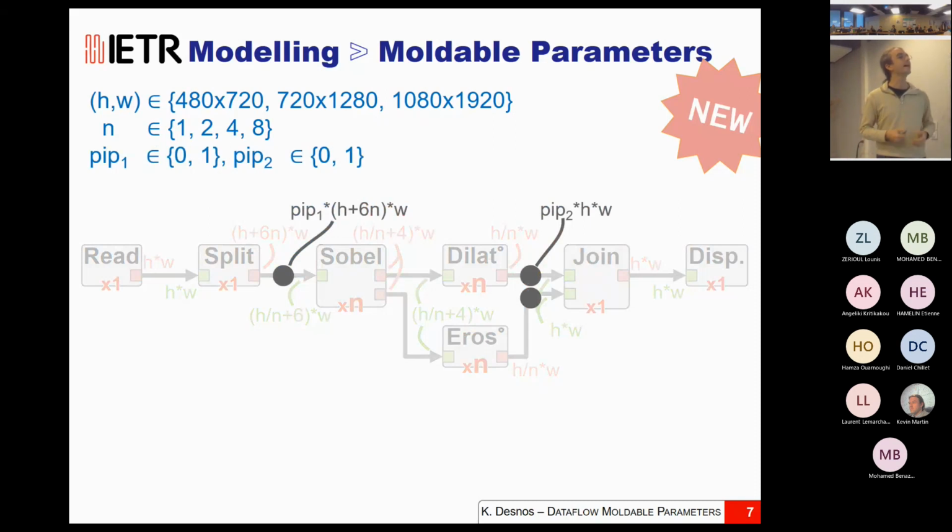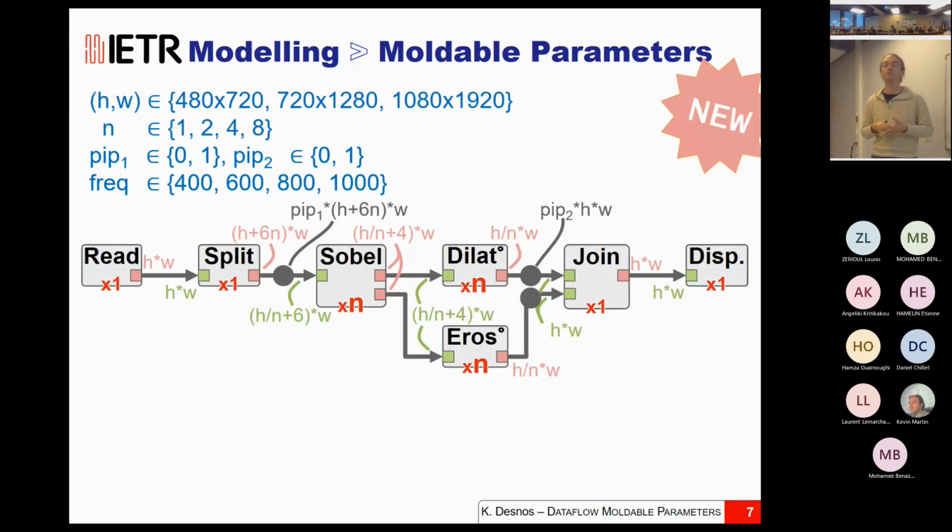I can add some more parameters. For example, I can add a way to activate or deactivate 2 different stages of pipelining in my application. So here I have a first pipeline stage, which I can activate or deactivate with a Boolean value pipe 1. And I have a second stage of pipelining that can also activate or deactivate with a second Boolean value. I can also have another parameter that can control the frequency of the cores. Here, assuming I have a single frequency for the whole system. I can also have another parameter that can be used to control the frequency of the cores on which I am running the application with different values.